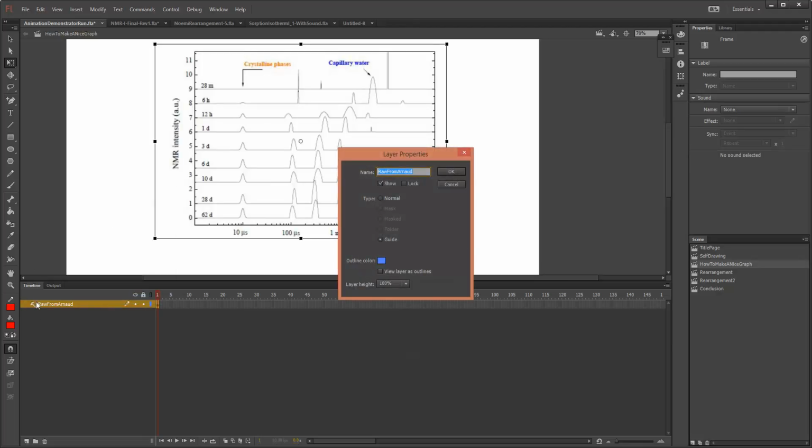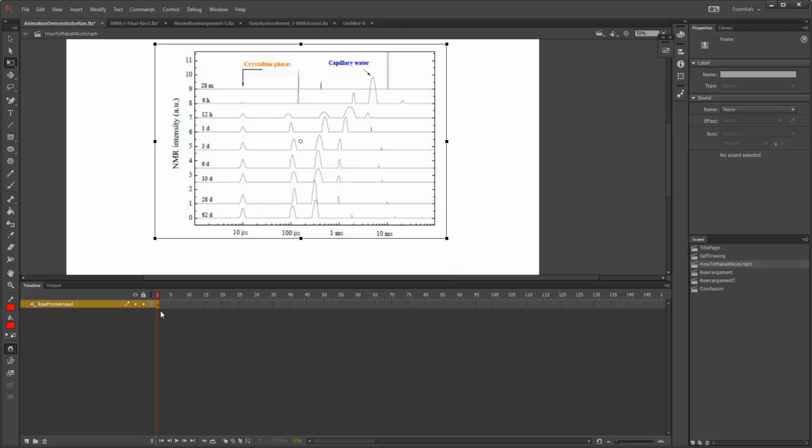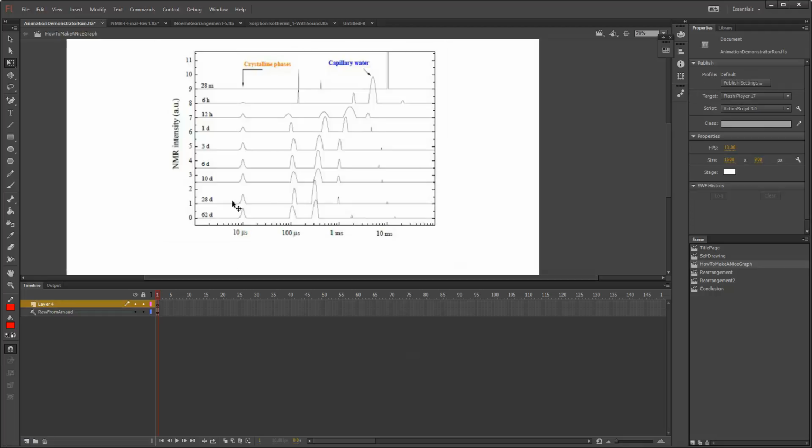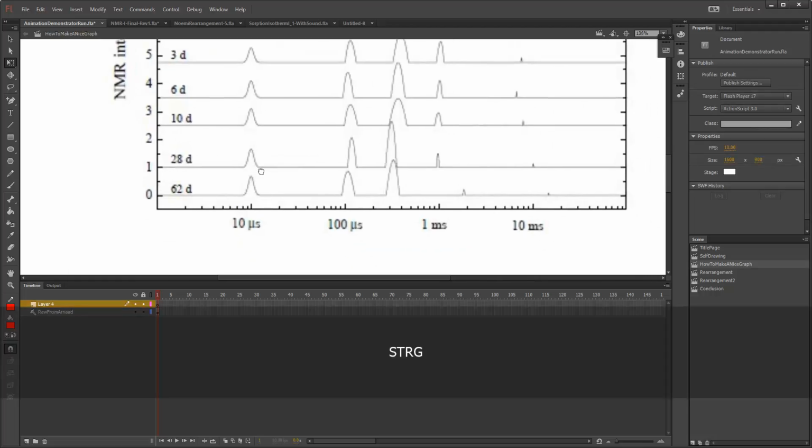So you click right mouse button, Properties, and then you click Guide here, which means that this layer never shows up in the final video, but it is visible for you. And then you can start essentially redrawing the whole graphic just by using this as a base. For example, we now take one of the graphs, let's say the 28-day graph, and to do this we use